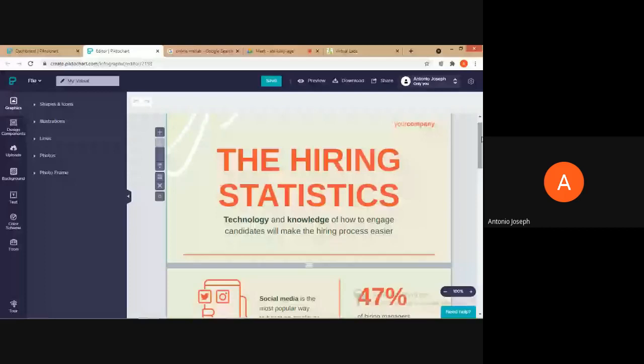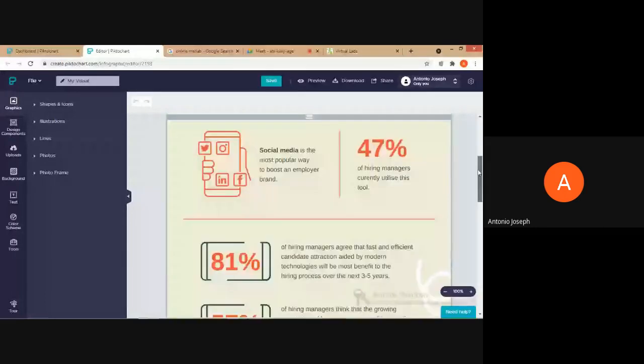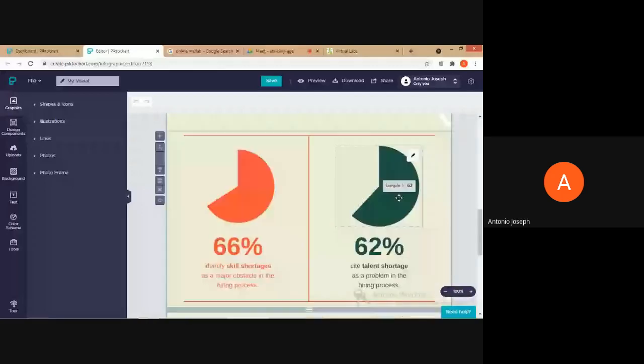But the major difference is that we can see some pie charts and all here. We can edit these charts. Actually, we used to plot the graphs, histograms, pie charts, etc., using Excel or some other graphical tools, isn't it? But in PictoChart, the major advantage is that we can just edit and give some values and then we can create the charts. So that's a beauty.